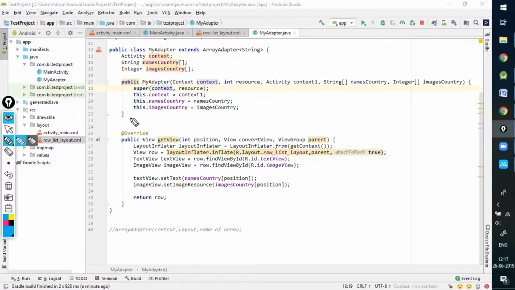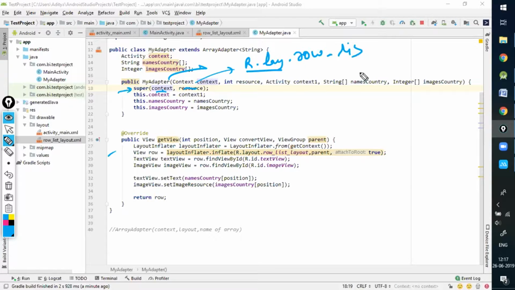Now, if you look at this, super is having context, resource. Context means where you want to launch it. Resource means we are passing the resource as R.layout.row_list. That is the structure of each box.